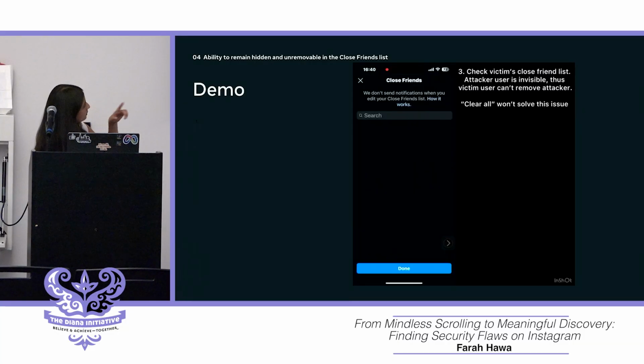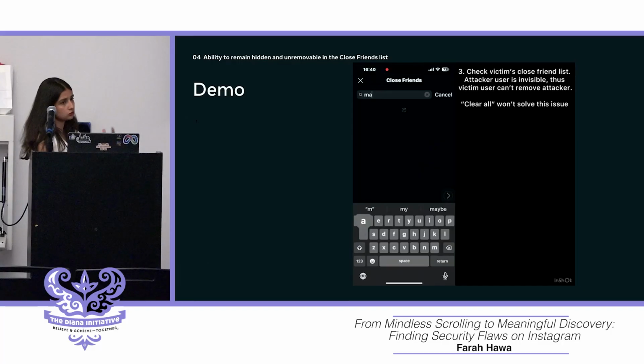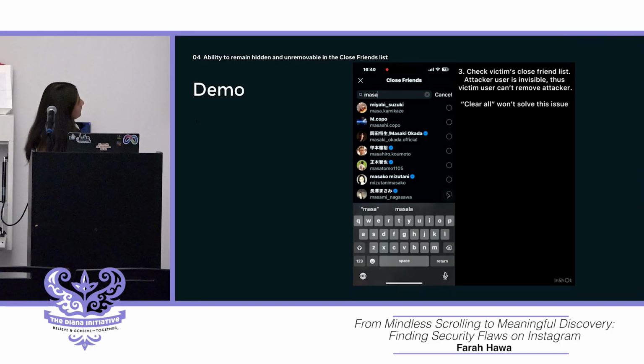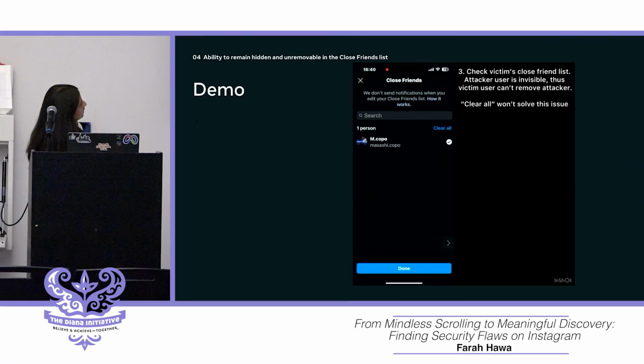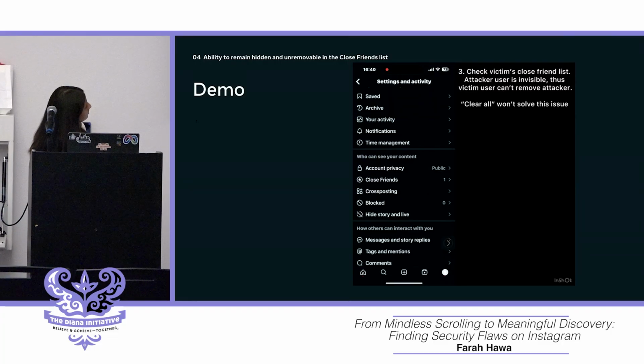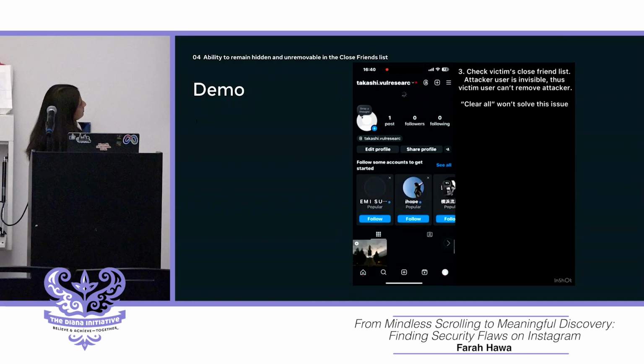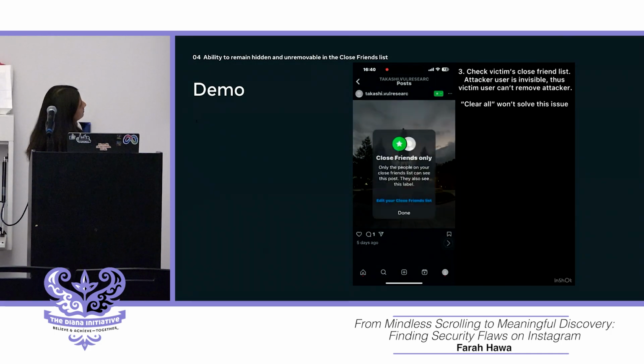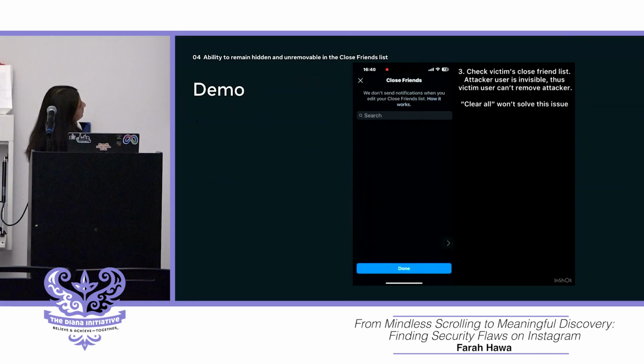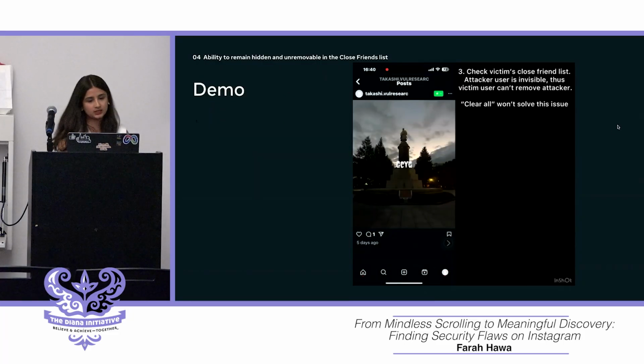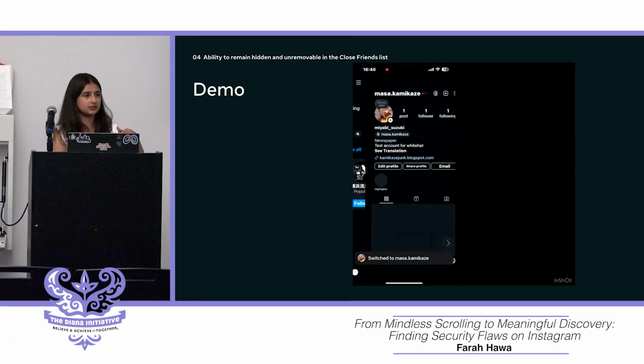There also is an option that we give called clear all, which also won't solve the problem. Yeah, you basically can't see them anywhere, but the attacker can see you.